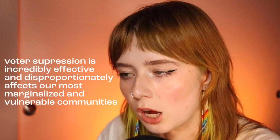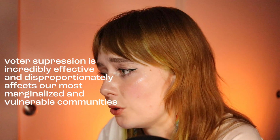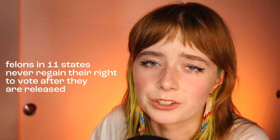There's a very, very long list of reasons why people in this country are not able to vote, due to voter ID laws, not being able to register their address in a public record. If they might be a domestic violence survivor, they could be indigenous and not have access to a proper mailing address. And there's a myriad of reasons why a lot of people are unable to vote, and they want their voices heard too. So if you have the privilege to vote,